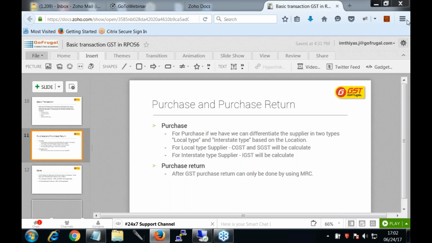But in GST it is mandatory to load the MRC in the purchase return, only then it will be applicable. So I am saying again, after the GST transaction, it is mandatory to load the MRC in the purchase return to do the purchase return entry.